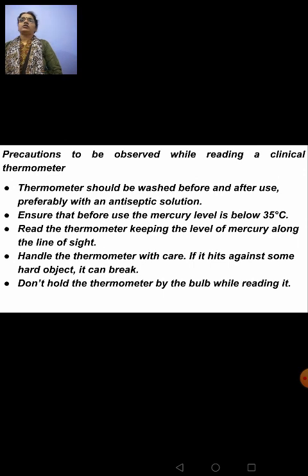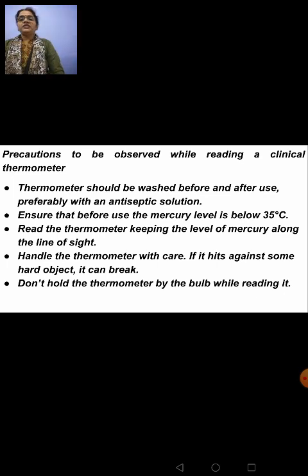So when you go to a doctor's clinic to measure your body temperature, he will be using this clinical thermometer. What does he do? He will take it out from a small bottle. In that bottle, you have this antiseptic liquid, because this thermometer is put in the mouth of many other patients who have got some infections. So to disinfect that, it has to be kept in some antiseptic solution. Normally you have to wash it actually. So after the thermometer is taken out, you can see the doctor giving it a jerk. Why? By giving the jerk, he can bring the mercury level down, and then he should see whether it is below 35 degrees C, and then only you should put it under your tongue for measuring your body temperature.